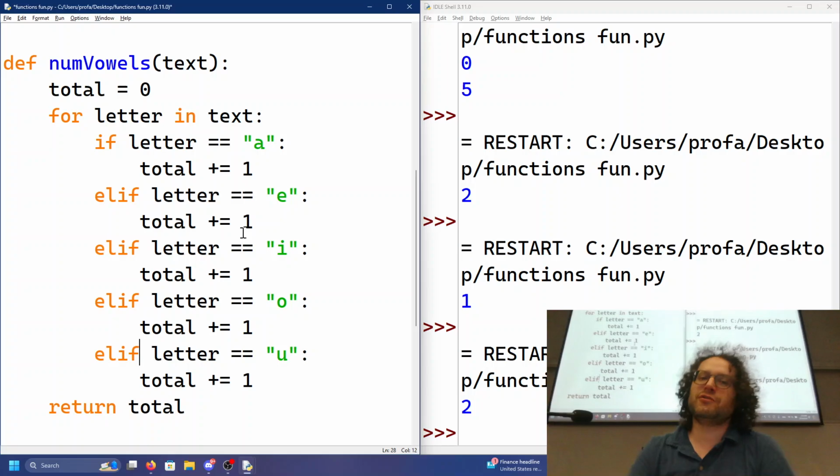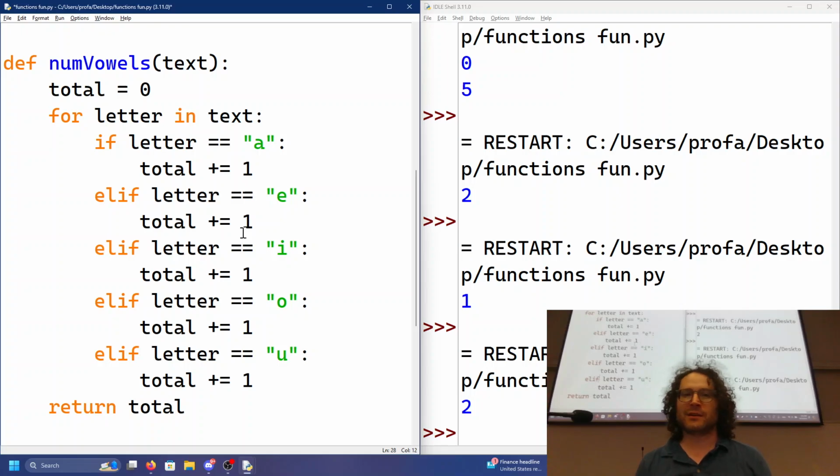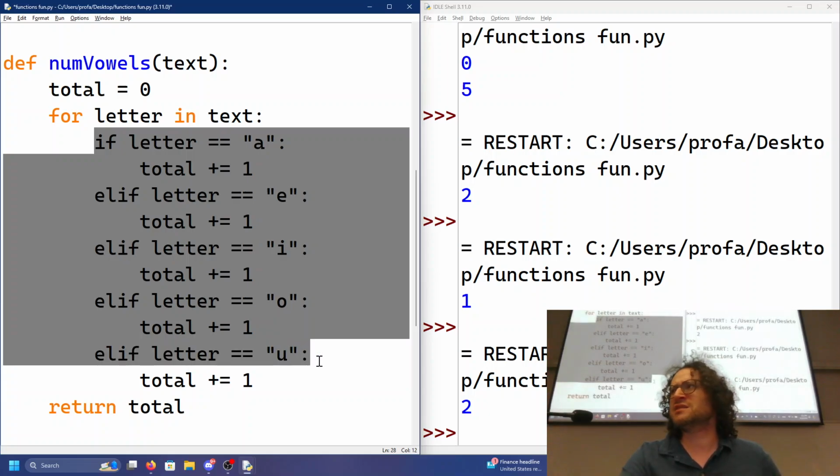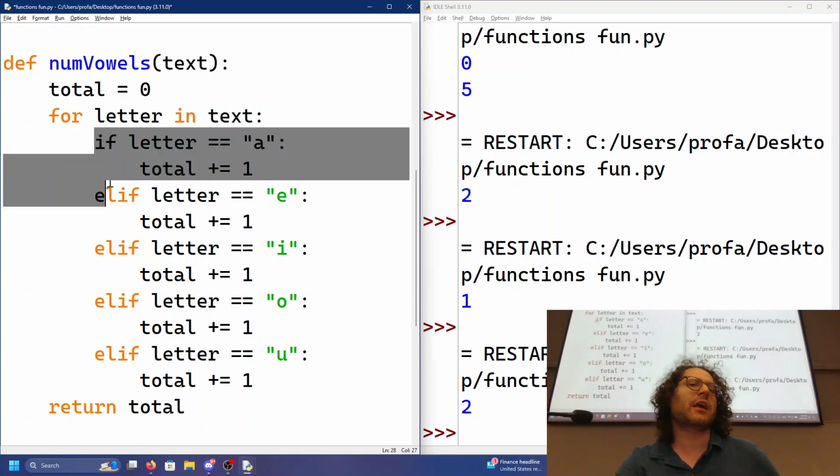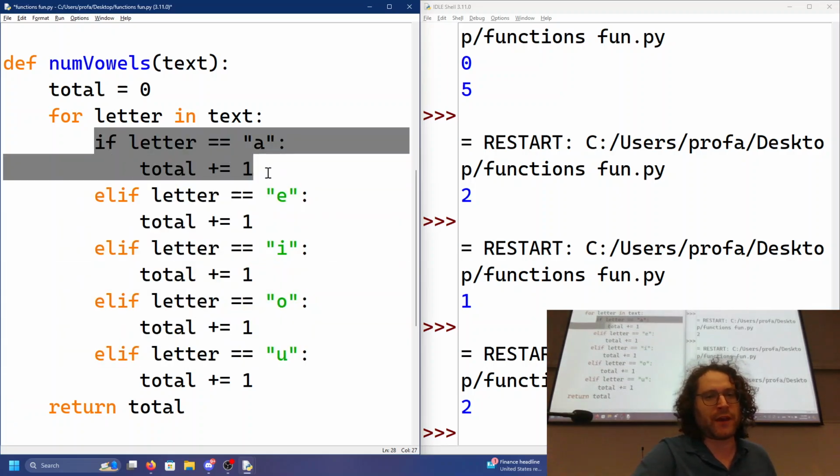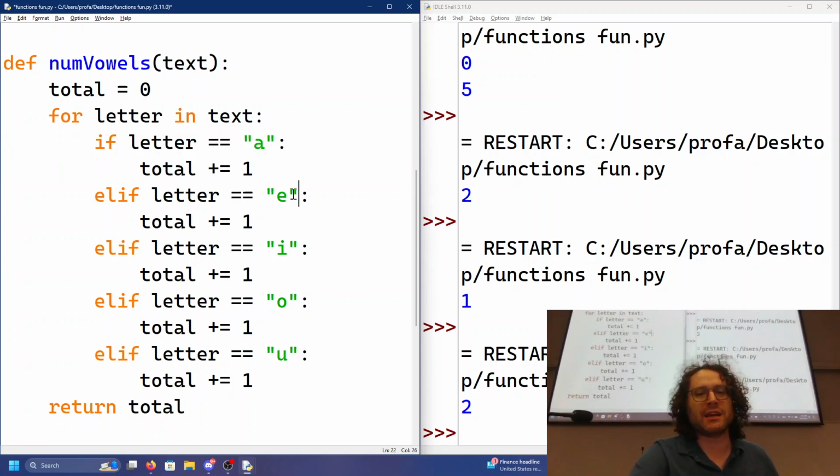Elif is short for two things in an if statement put together, which are else if, which simply says these are a bunch of conditions. It's got to be one thing or the other. You'll learn more about them, but this is another way of doing this. If A, else if E, else if I, else if O, else if U. Make sense? The advantage of this is that it's a bit more optimal, because if it's not, say